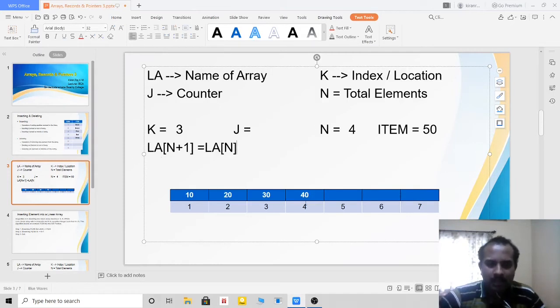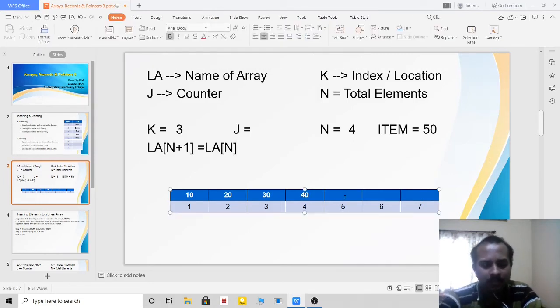LA of n plus 1, that is LA of 5, will become LA of n, that is LA of 5 is equal to LA of 4. Now this one will become 40 and next step 30 will come here, right? So I am trying to shift 40 to the 5th position and 30 to the 4th position.